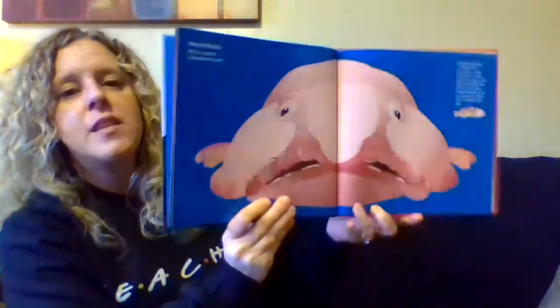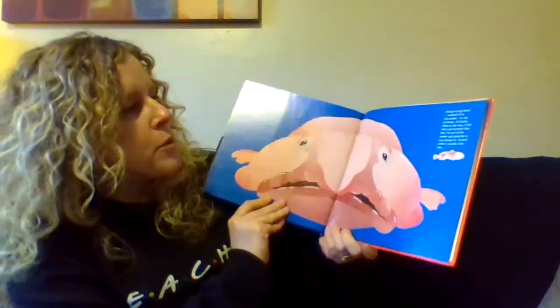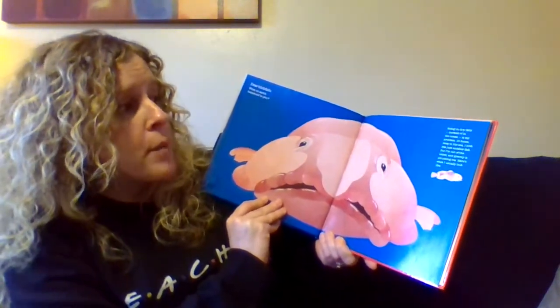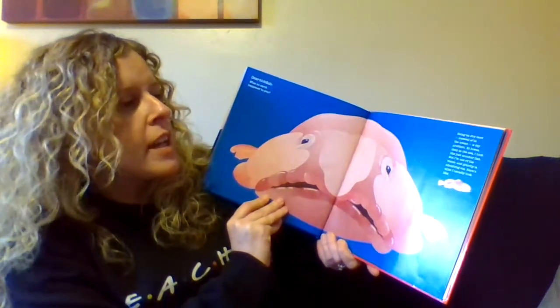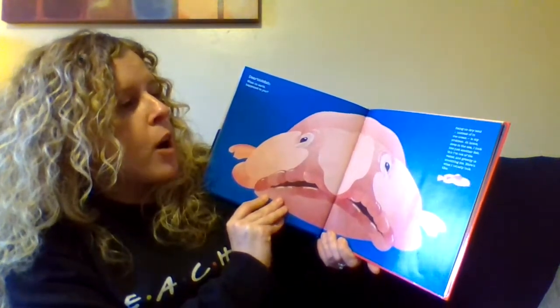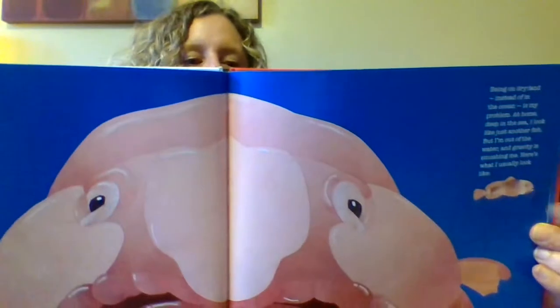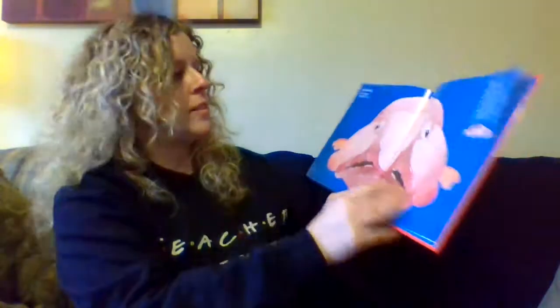Oh, I know you've seen this blobfish. Dear Blobfish, what on earth happened to you? Being on dry land instead of in the ocean is my problem. At home, deep, deep in the sea, I look just like any other fish. But I'm out of the water, and gravity is smushing me. Here's what I usually look like. So you can see that's what he usually looks like, just like a fish. But when he gets out on land, he's...